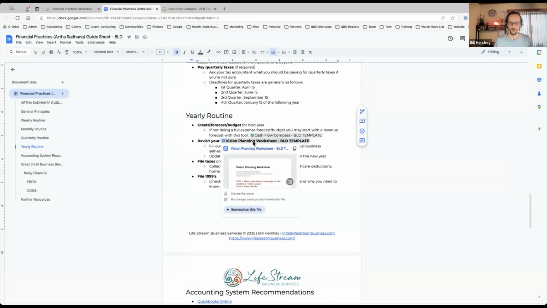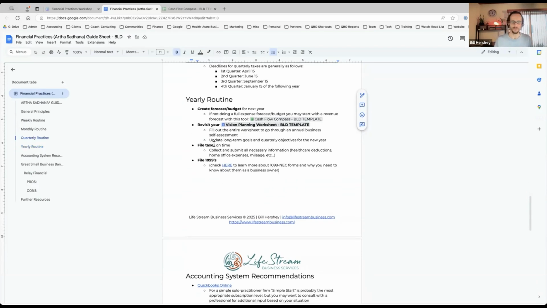I suggest going through the vision planning worksheet again, at least on an annual basis. If you're not doing it quarterly, at least do it annually to update your strategy. And perhaps you want to make a pivot from what you did last year. Just going through this process really helps to flesh out the logic and the strategy, and to make things that maybe are floating around in your head explicit. And sometimes it will force you to be more specific. And in a way, by putting it in writing, it enhances our thought processes, and it can take us further and deeper into the strategic work necessary to carry out the strategy.